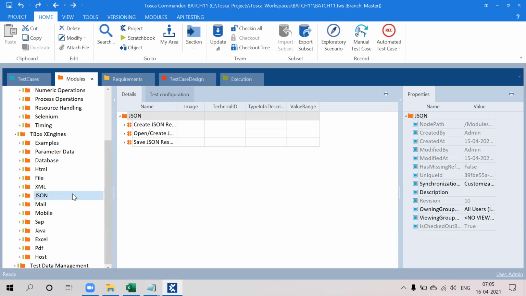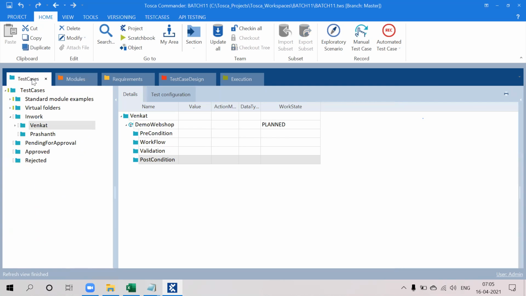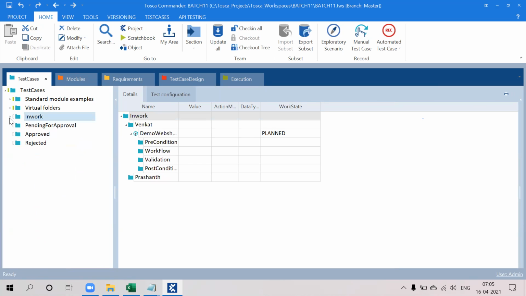If you are working on the API part, the JSON file. If you want to configure the mail, you can configure the mail as well. We will see these when we are working on the test cases. Once we design some test cases, we will take some standard modules and start working on that, not to worry.